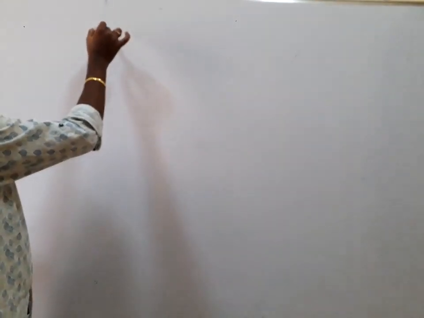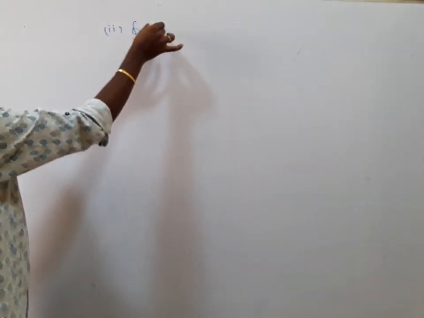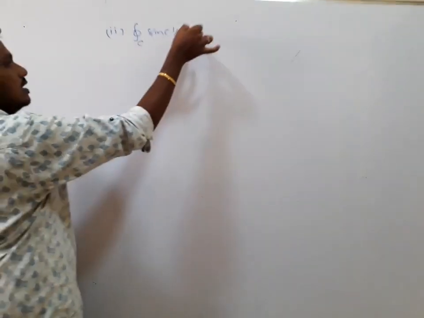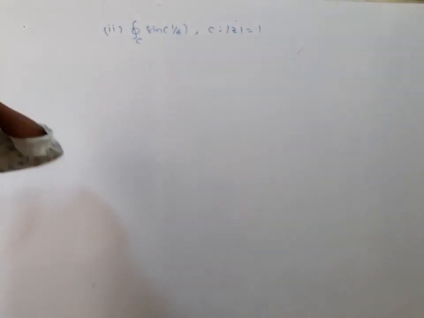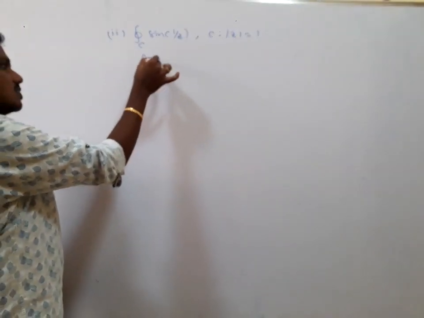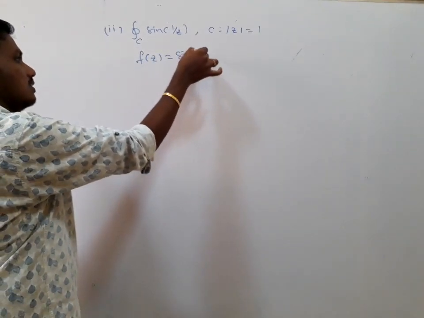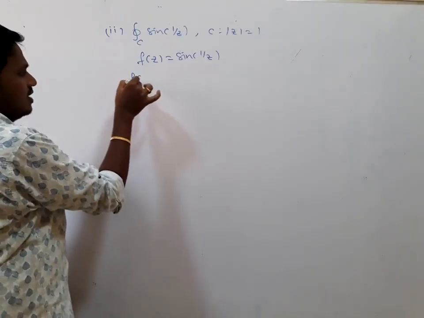Next, if you take the problem, sine of 1 by z. Next problem in that, the integral over c of sine of 1 by z, where c is mod z is equal to 1. See, it is defined for every z. If you take f of z is equal to sine 1 by z, it is defined for every z except z is equal to 0. That means f of z has